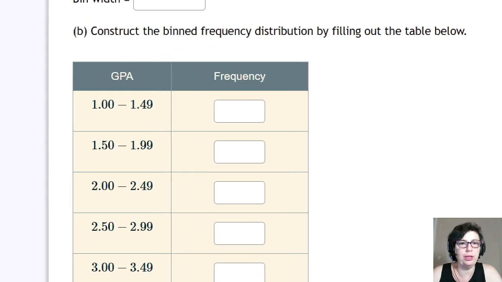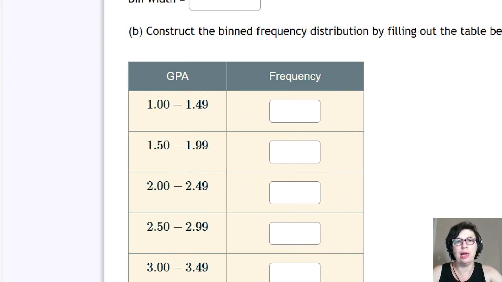So when you look at the table, how do you decide what's the bin width? So it is incorrect, and people do this a lot. They will just subtract these two numbers. That's not right. So your bin width is not going to be 0.49. Okay, so this is incorrect. Let me see if I can get rid of it.